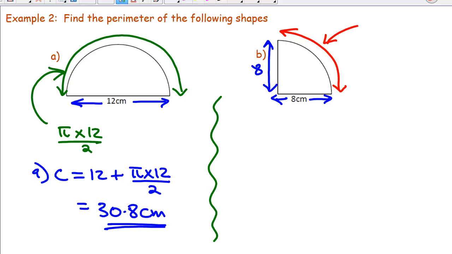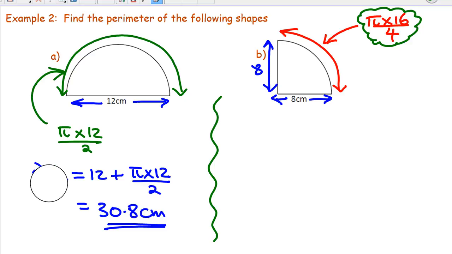now remember here, the diameter here will be equal to 16. So that will be pi multiplied by 16. If you use pi d, that is, divide by 4, because this is a quarter circle. All right. So that distance is equal to that, which means my perimeter, and by the way, this is not